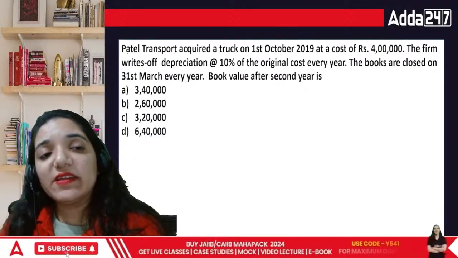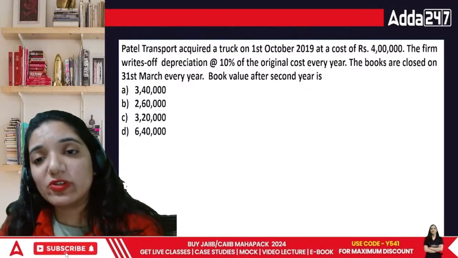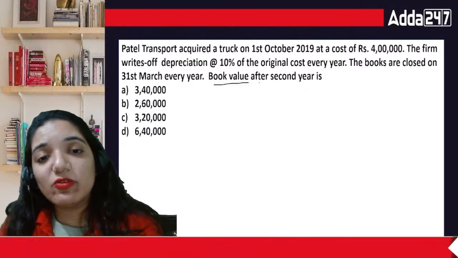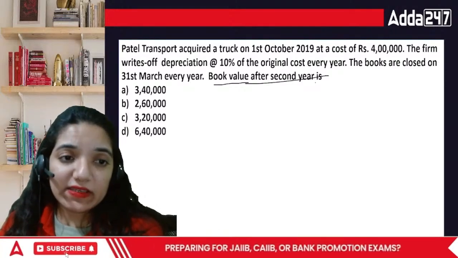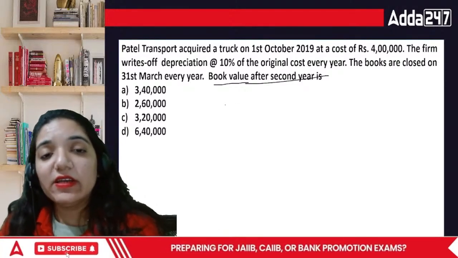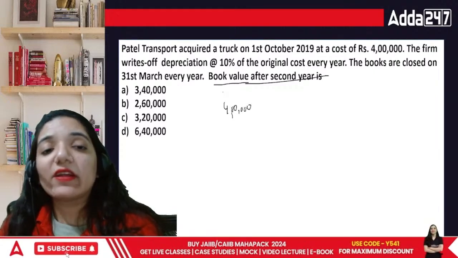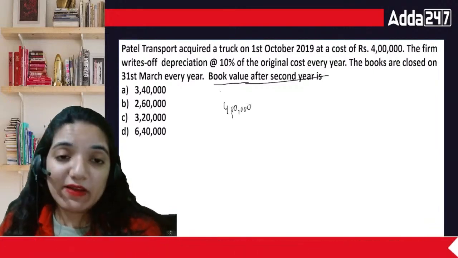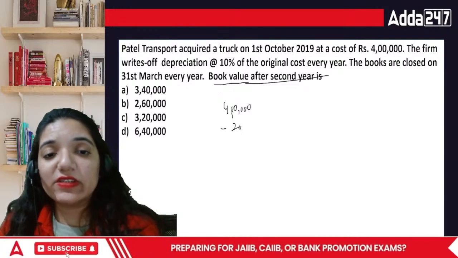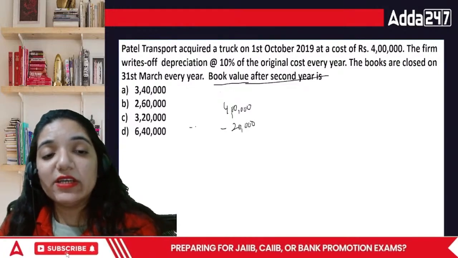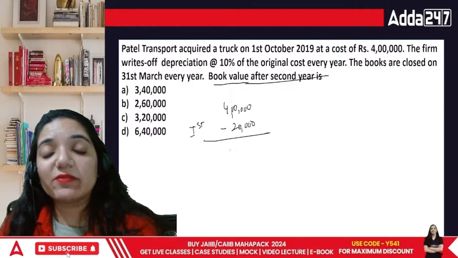Now, they say that Patel Transport acquires the same asset, and they are asking what is the book value after the second year. In the first year, the value was 4 lakh, and we are trying to find out the book value. What would be the value in the books of accounts? In the first year, the depreciation was 20,000. We have just calculated it. So that means we are left with